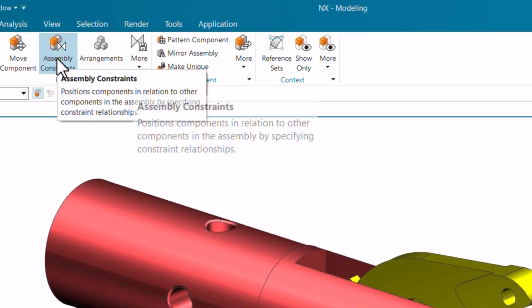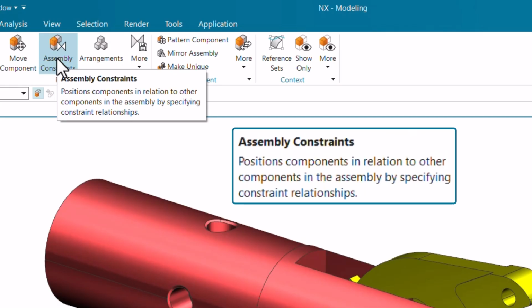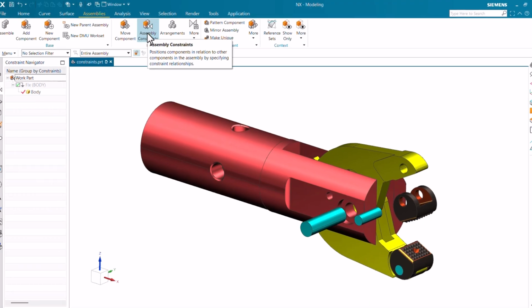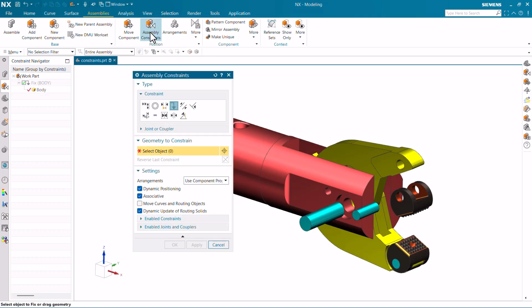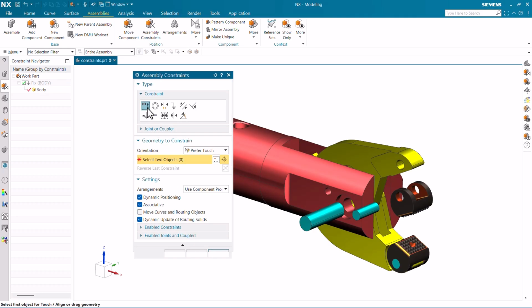Just click on assembly constraints. As per the definition, it positions components in relation to other components in the assembly by specifying constraint relationships. Like we have the sketch, and in the sketch we give constraints to define the sketch as fully constrained. Similarly, we have some constraints in the assembly which are given to define the assembly as constrained or not. So I'm just going to click on assembly constraints, and here we have the very first one,